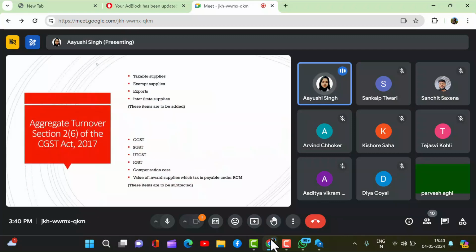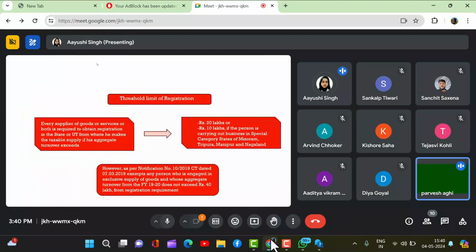So the way to calculate the aggregate turnover for a set. There was an important update, just go back and read it. However, as per the notification number